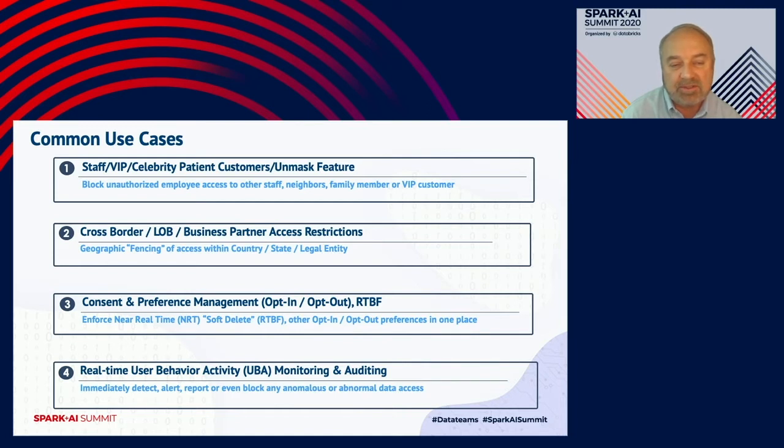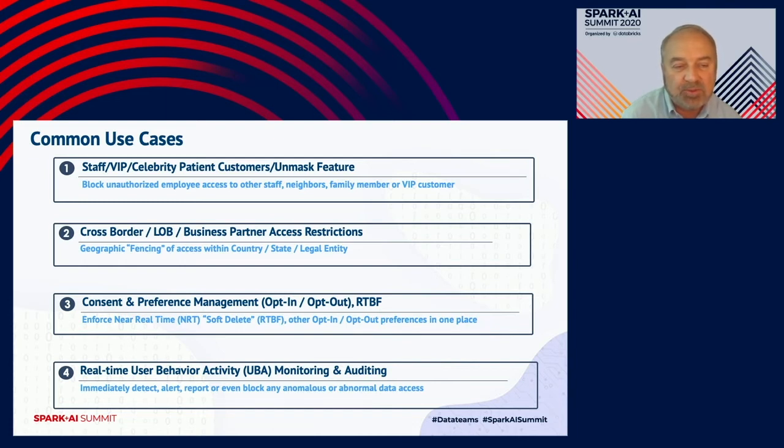In almost all cases in the US, it tends to be somebody just didn't do what they said they were going to do. So another very important thing to keep in mind is say what you're going to do and do what you said when it comes to your privacy policy for your company.